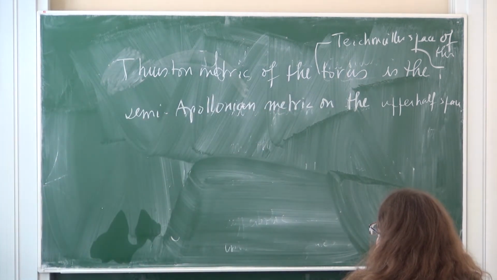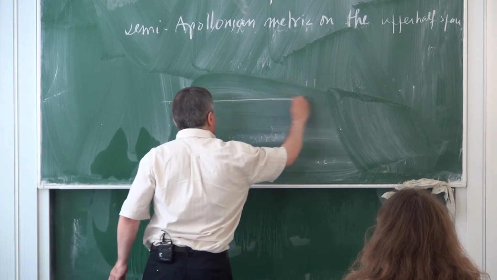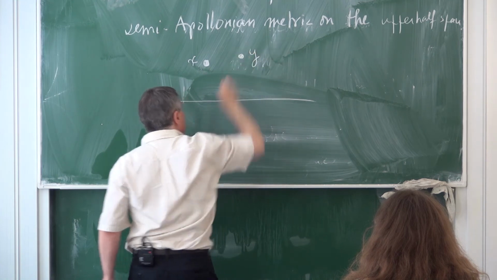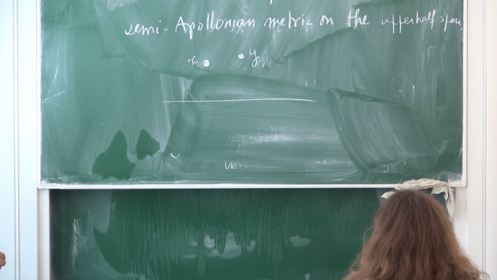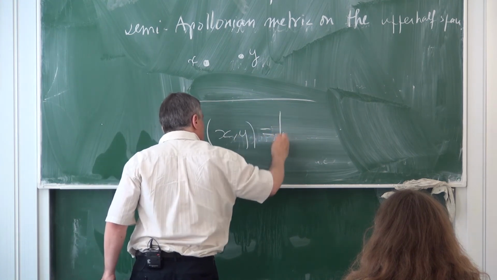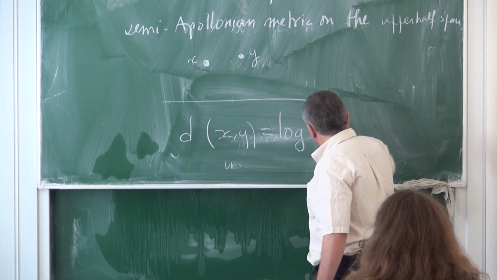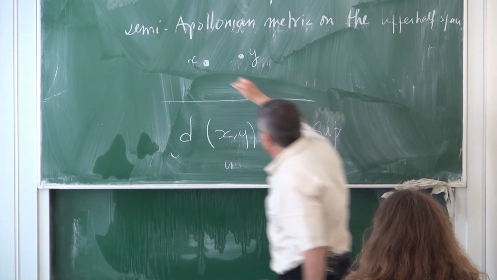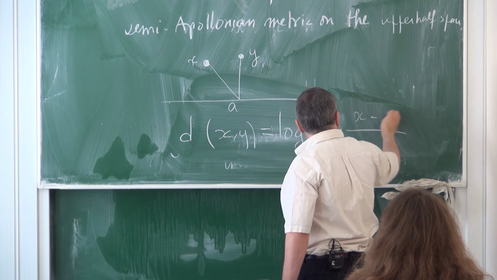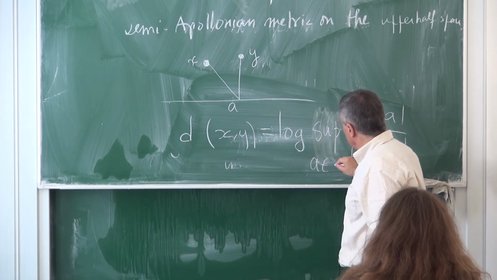This is something I mentioned very long ago. The first week I came here, I talked about this. So let me tell you what it is. We have the upper half plane, and we take two points, say x and y, in the upper half plane, and we define the distance between x and y to be the logarithm of the supremum of the Euclidean distance from x to a, divided by the Euclidean distance from y to a, and this is the supremum over a on the boundary of